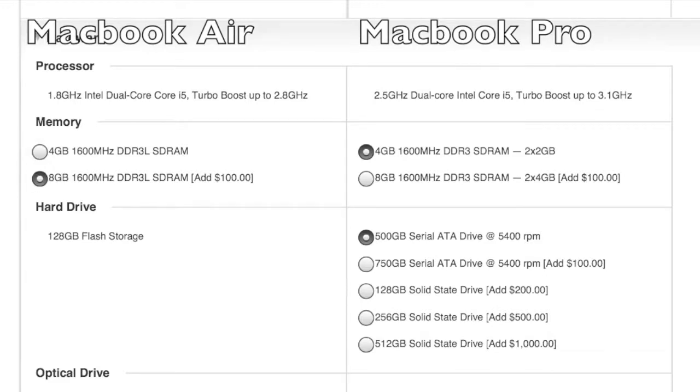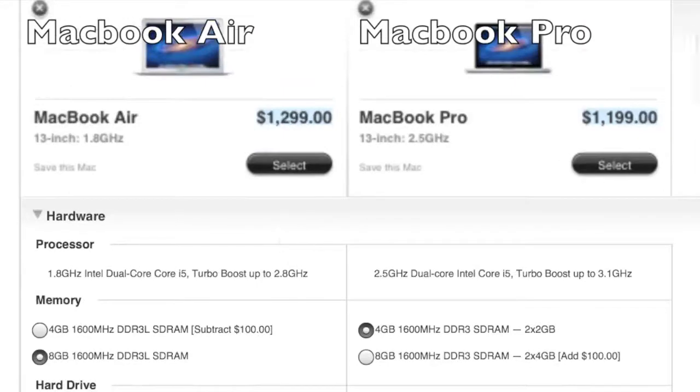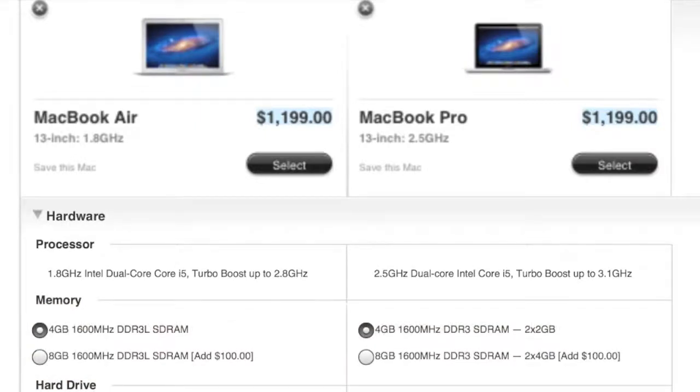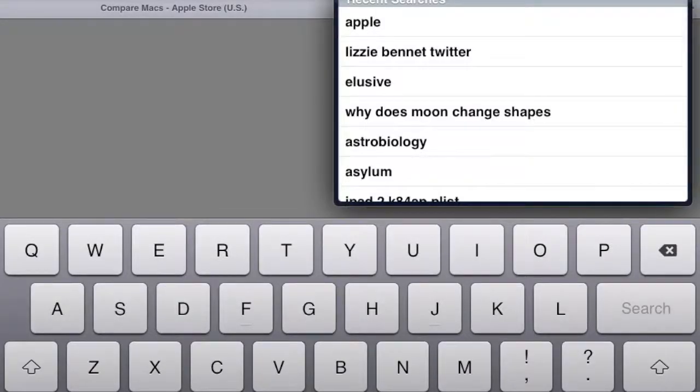So if you're getting a MacBook Air, I would recommend that you choose 8 gig RAM, which ups the price, so now it costs $1,299. And if you want to upgrade the RAM, it costs $100. But if you want to manually upgrade the RAM, it's much cheaper that way. Actually, let me just go to crucial.com. I can't because I'm recording on an iPad, but if you go to crucial.com,